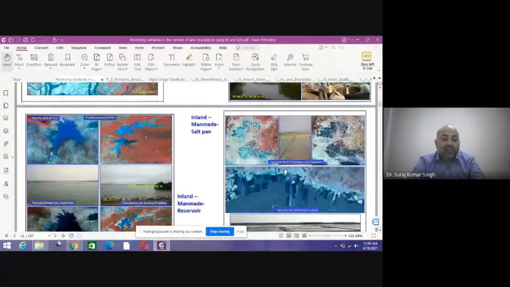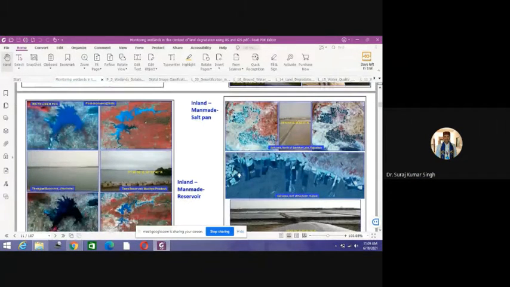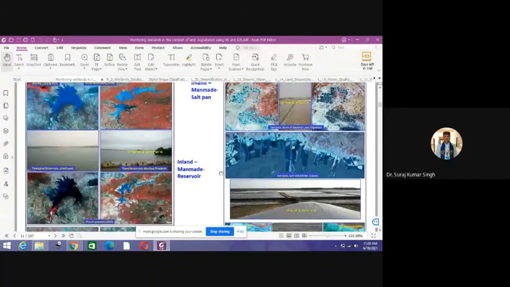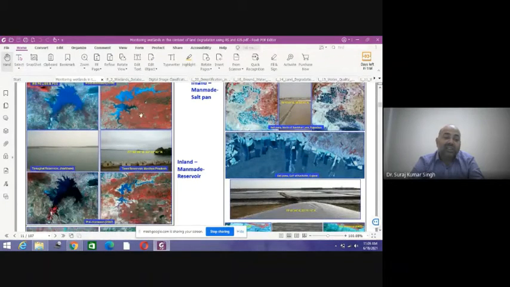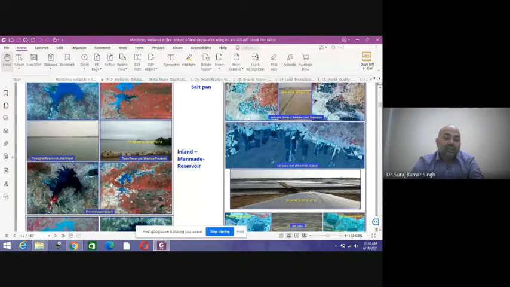When you see a satellite image, those features that I have shown are natural. Now we'll go to the man-made. Whenever you see a feature with a straight line connection, that is an embankment that we have created, and along it an irregular shape is indicative of a man-made reservoir. Whenever you see such shapes in your satellite image, that is indicative of a man-made reservoir.